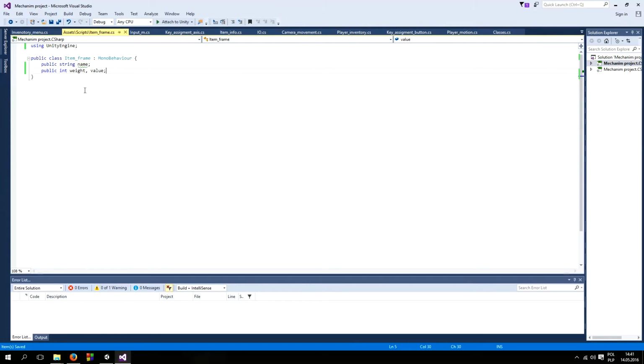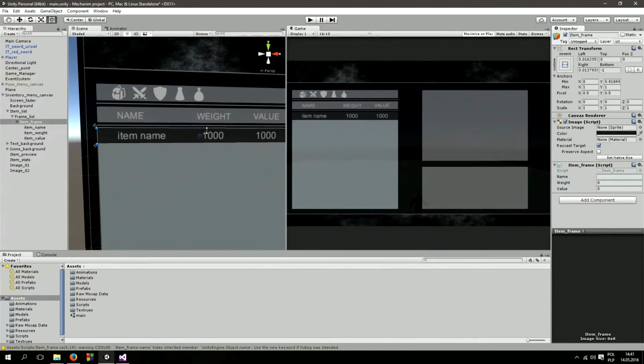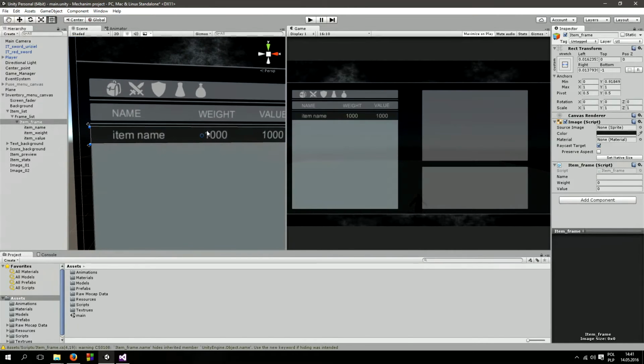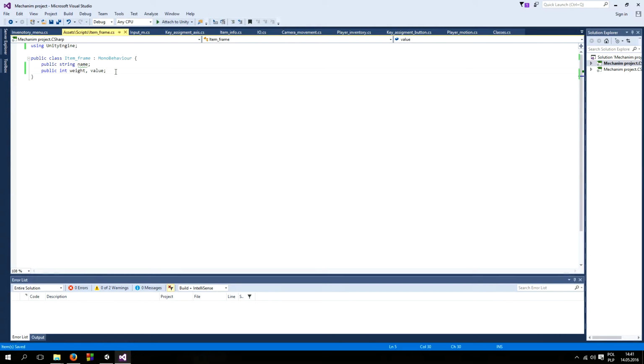So those are just public, we'll use them later. Or maybe we will use them now. Okay, so in awake function,